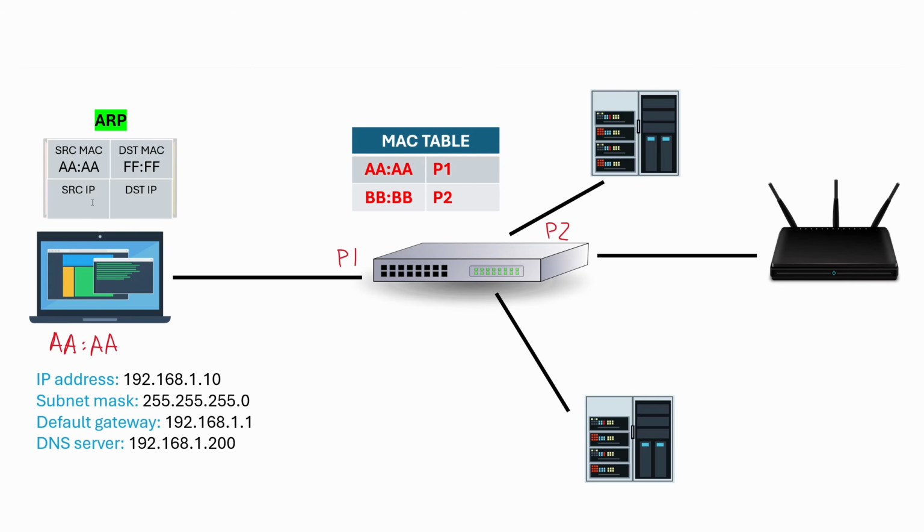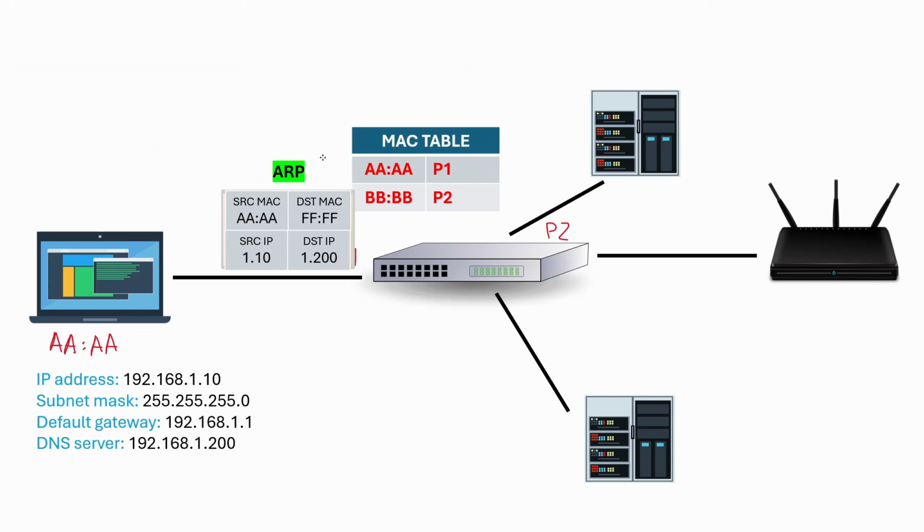And then with the ARP, we're now getting more into the range of layer 3 traffic. So in addition to the MAC addressing, which is the layer 2 header, we're also going to start to see things that are layer 3 headers or are close to resembling layer 3 headers. In this case, we know that the source IP address is just the IP address of this computer. We're just going to write 110, assuming that it's just prefixed with 192.168. And then the destination IP address, we actually do know what that is. It's going to be 192.168.1.200, since the PC is now aware of which DNS server to contact, since the DHCP server gave it that information. So this now is called an ARP packet, and that's going to now be sent out to the switch,